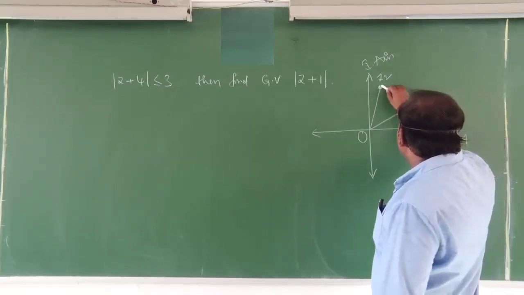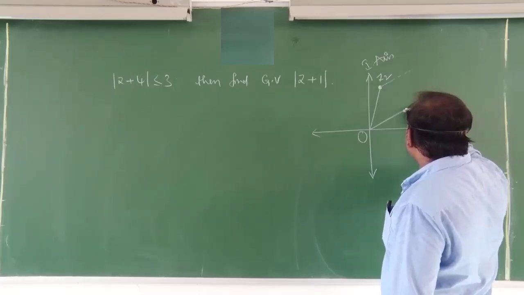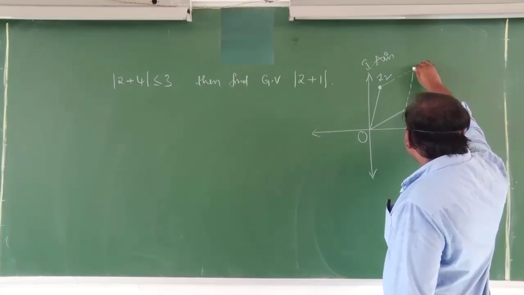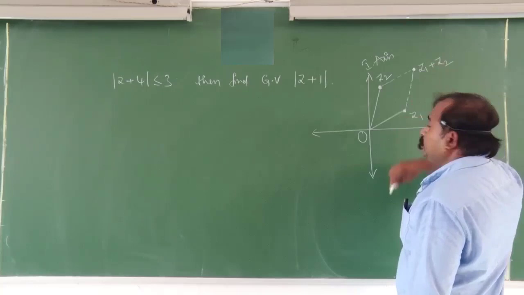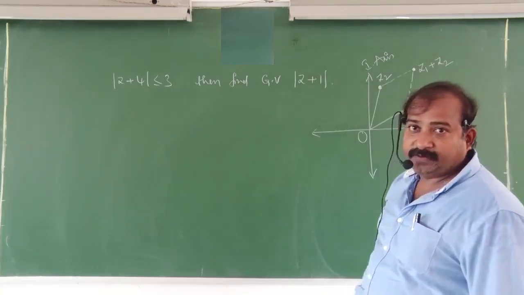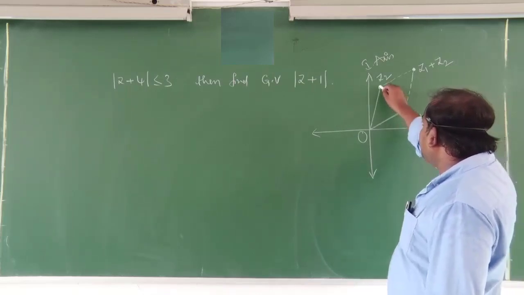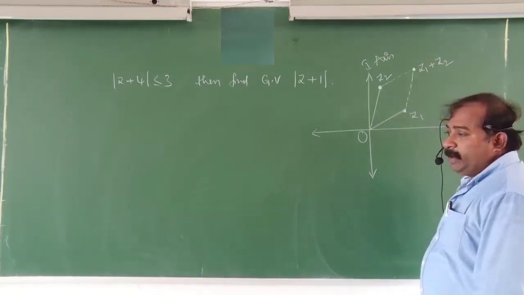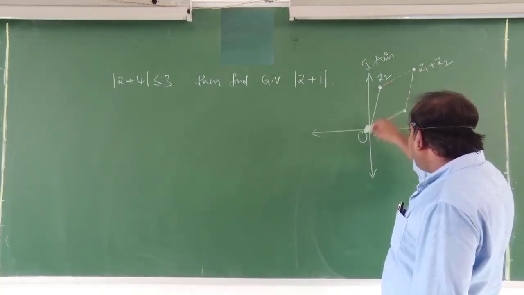Complete this parallelogram by taking it like this, then this is the location of Z1 plus Z2. And here Z2 is here. Then where does the point minus Z2 lie? If Z2 is here, then minus Z2 means